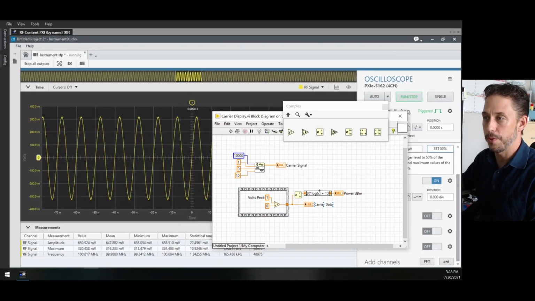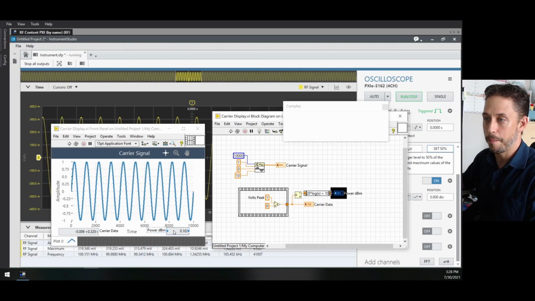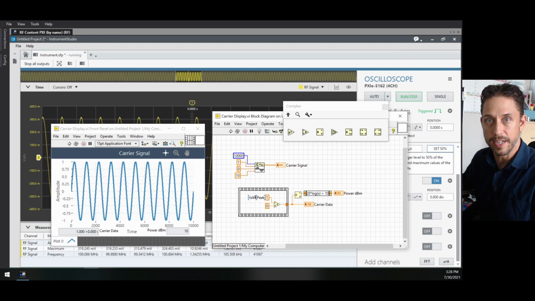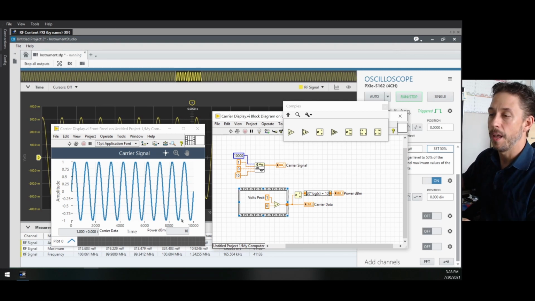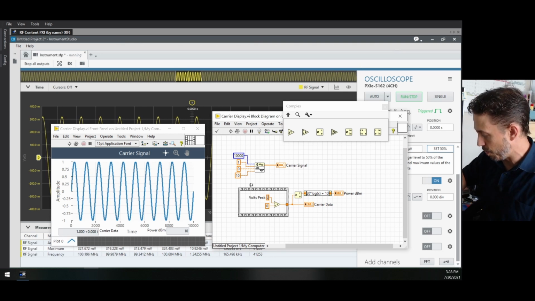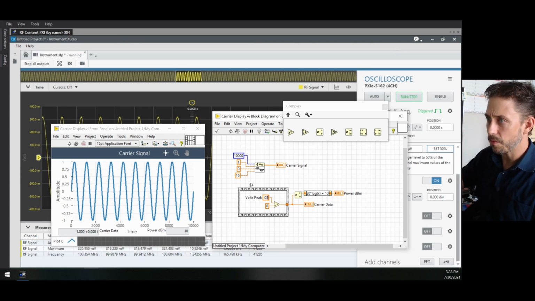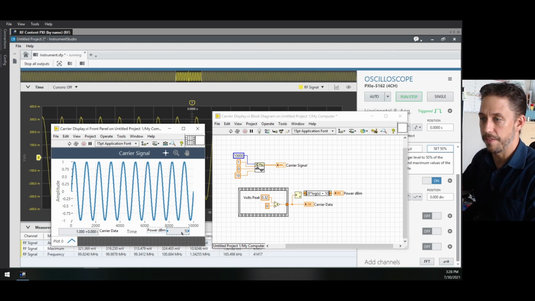Now, if we were to go through and do the math on this one, you'll see that we have our power value here. If we had a volts peak of 1, so basically 2 volts peak to peak, it would give you a dBm of 10. Now, one of the things that we saw on our oscilloscope is we had a value of 320 millivolts, just about on that. And this should correspond to a value over here